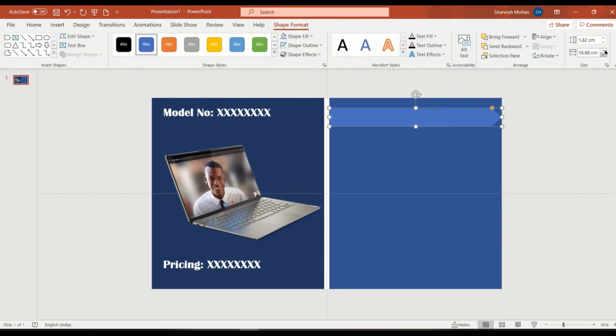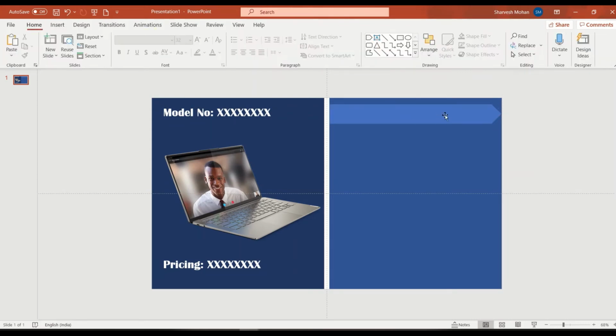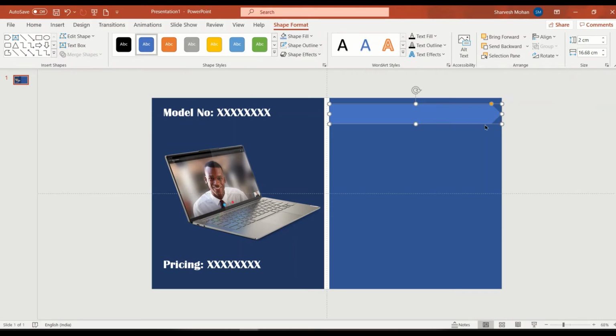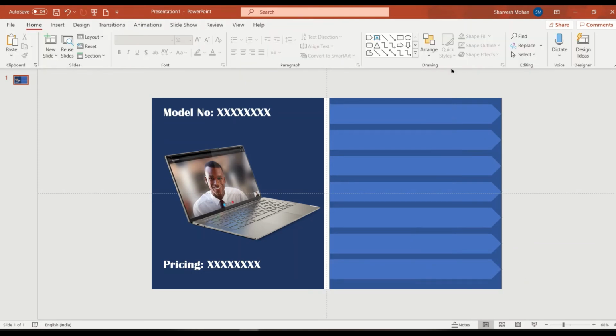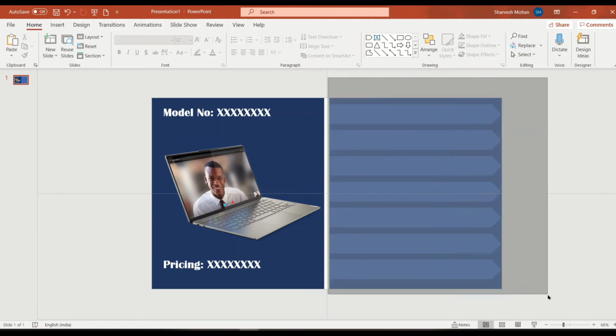Maybe we'll give a height of 2 centimeters, and Control D is for duplicate. We'll paste it below, and press Control D again and again. It will duplicate and align automatically. We wanted 8 shapes, so we have just selected 8.